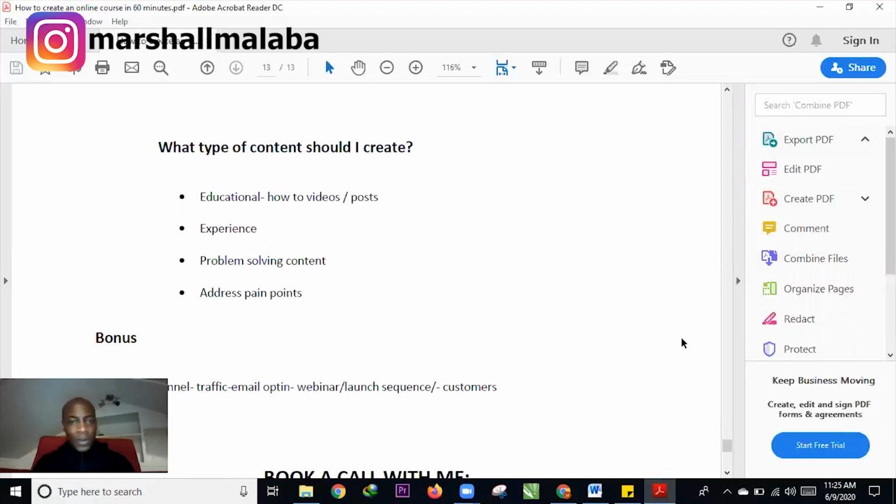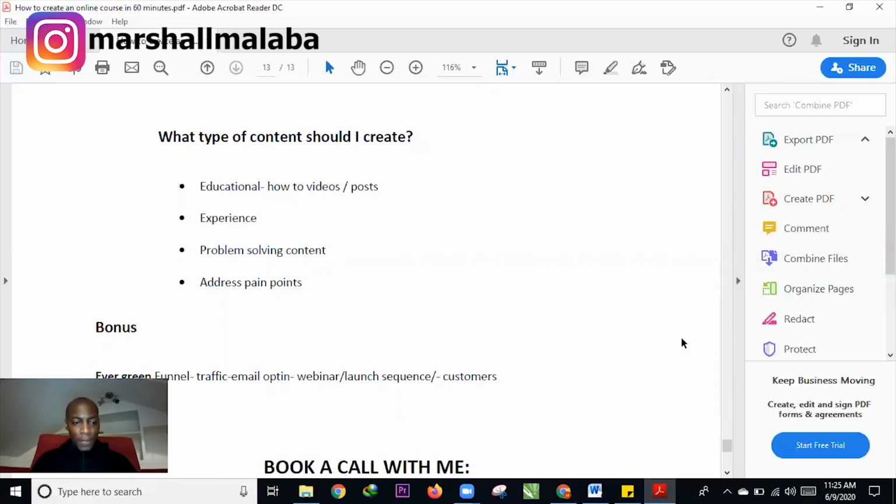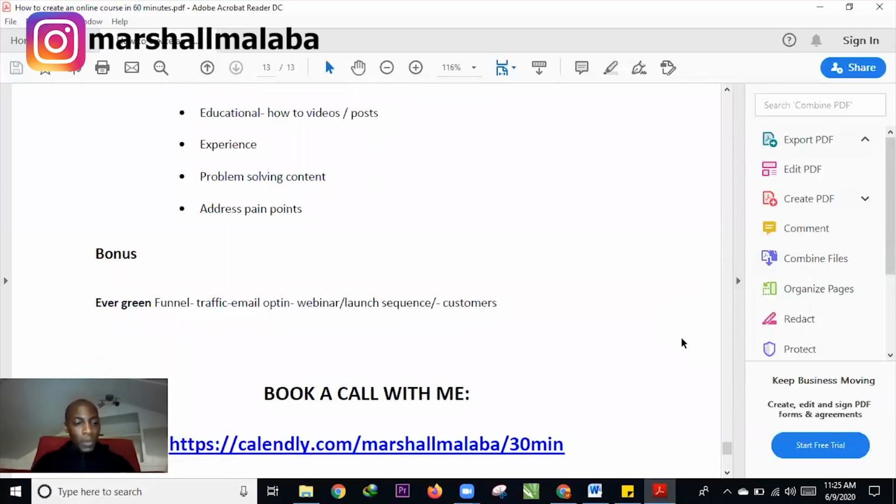Secondly, share your experience. Okay, this is where I was, but this is where I am now, and these are the steps that I did. Just share your experience. Problem-solving content. You know that people have got pain points. Solve the challenges that they're facing by creating content that solves that, and then addressing their pain points. And then bonus,